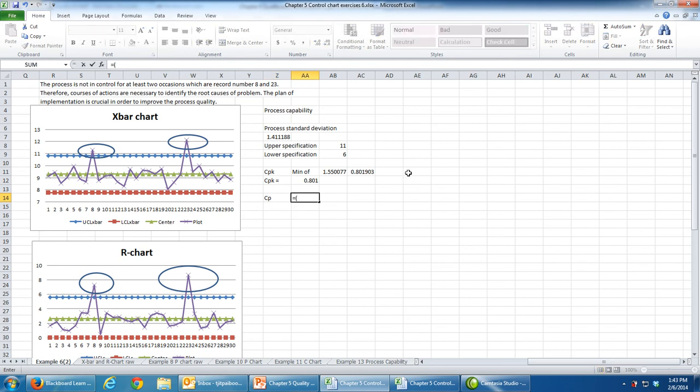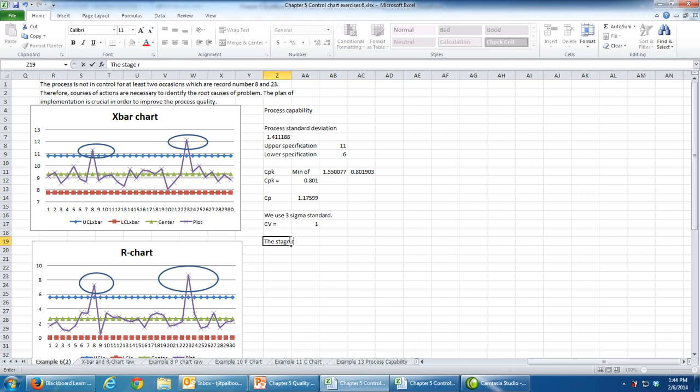In parentheses, upper minus lower, divided by 6 times sigma. Okay, now as you can see, if we use the 3 sigma standard, the CV or critical value we're going to use to compare will be 1. Remember, CV for 3 sigma is 1, 4 sigma is 1.33, 5 sigma is 1.67, 6 sigma is 2. Okay, based on this information we can summarize that the first stage